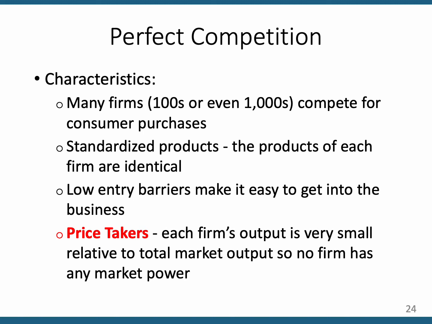All right, so we're talking about perfect competition in this chapter. There are many, many firms, hundreds of firms selling the product in this market, or even thousands. So an example of this would be the milk market. Dairy farmers sell their product in a purely competitive or perfectly competitive market. By the way, pure competition and perfect competition, these are interchangeable terms. So there are thousands of dairy farms. Even just in Pennsylvania, we have 5,000 dairy farms.